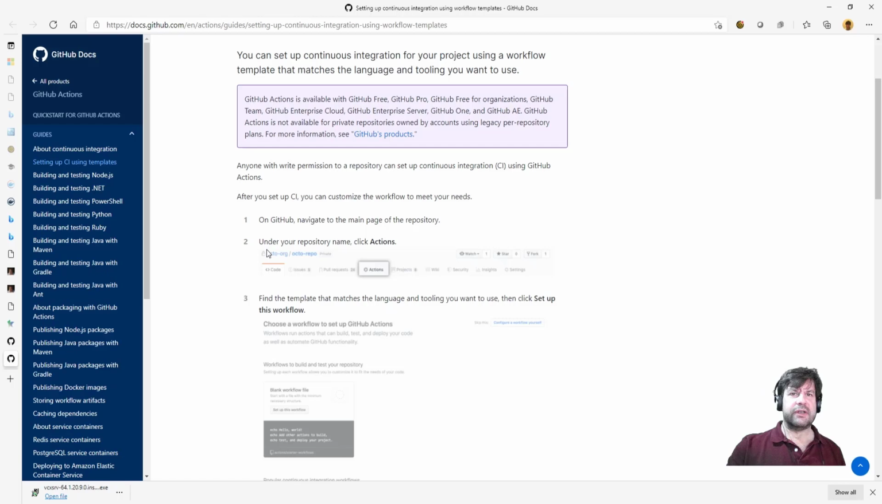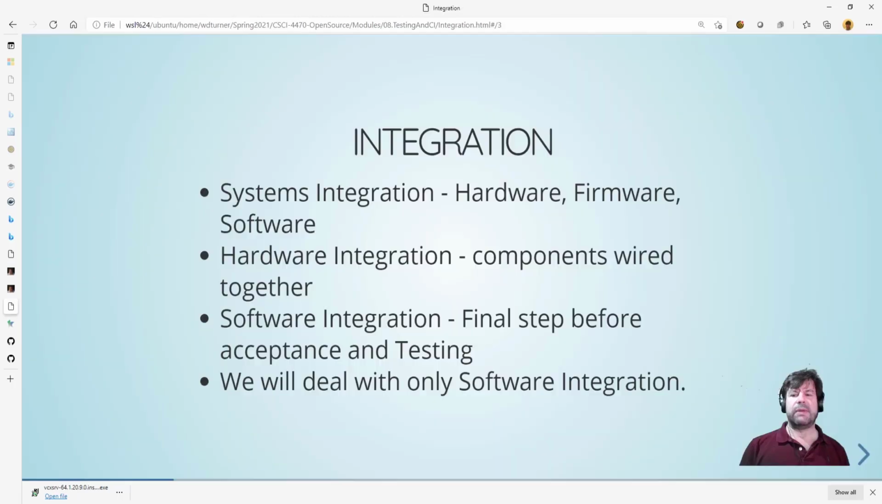Anyway, going back to our integration, those are the things I want you to read about. They'll be part of our exam coming up in a couple of weeks. We talked a lot about software testing, or we focused mainly on software testing. There's system integration where you take hardware, firmware, software, and pull them all together. There's hardware integration where you're throwing your hardware together and maybe putting it on a test installation where you can measure signal inputs